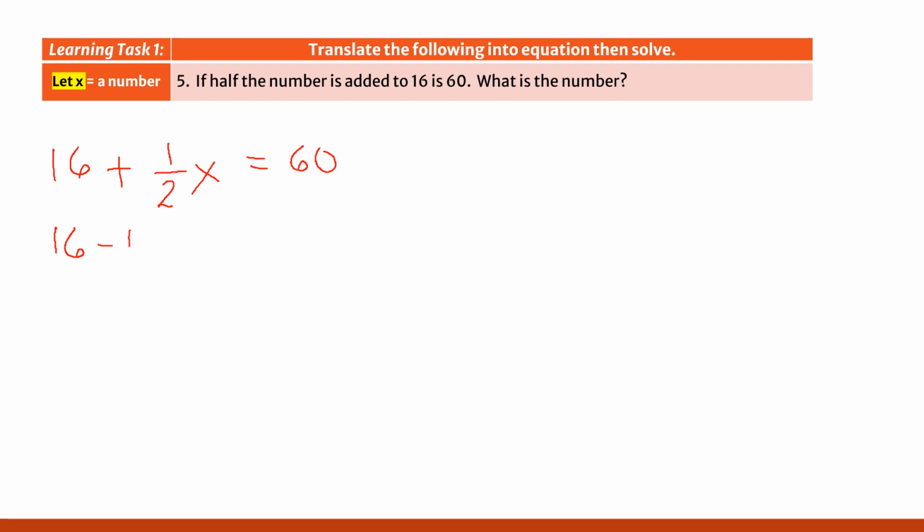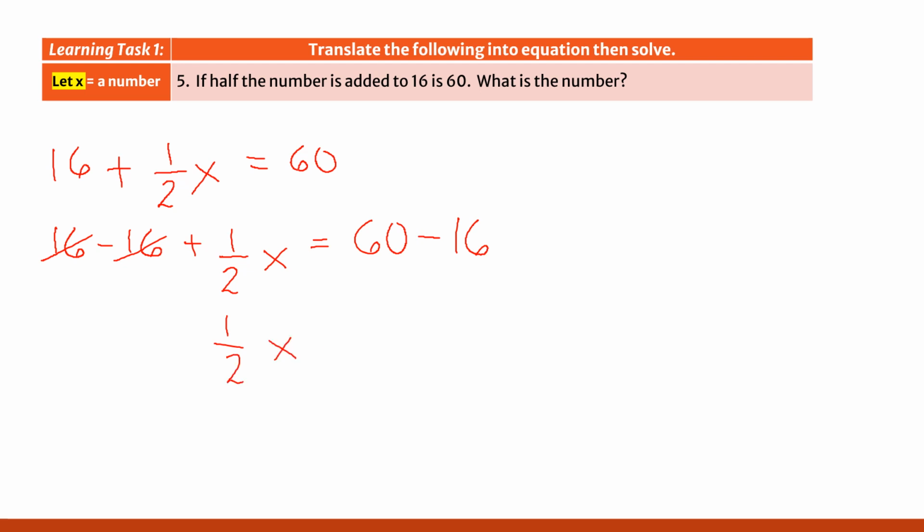Then, minus 16. Okay? Dahil yun ang opposite. And then, copy, plus 1 half x, okay, is equal to 60 and then minus 16. So 16 minus 16, of course, cancel. Ano ang natira? 1 half